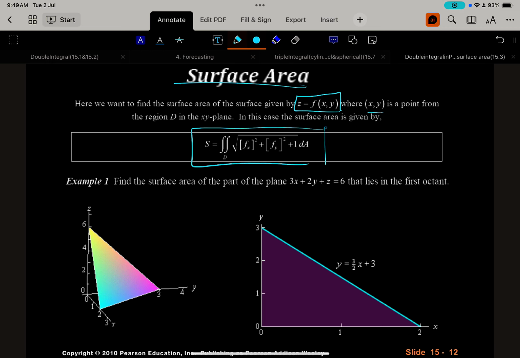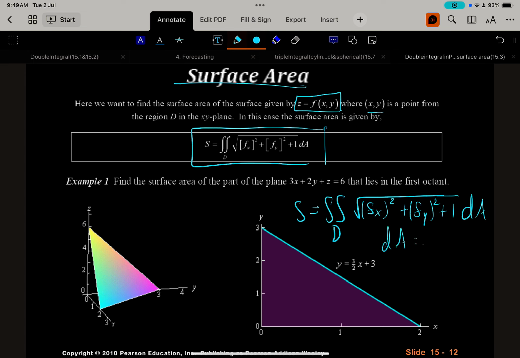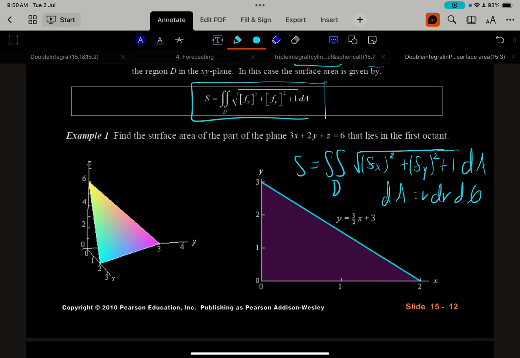Now maybe this is not very visible, so let's write it on the side here. S equals the double integral over D of the square root of fx squared, where fx is the partial derivative with respect to x of the function, plus fy squared, the partial derivative with respect to y, plus 1, times dA, and we said dA is just r dr d theta. Okay, and now for our example,